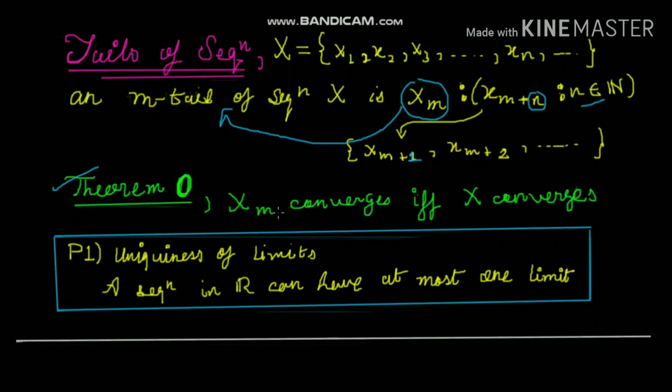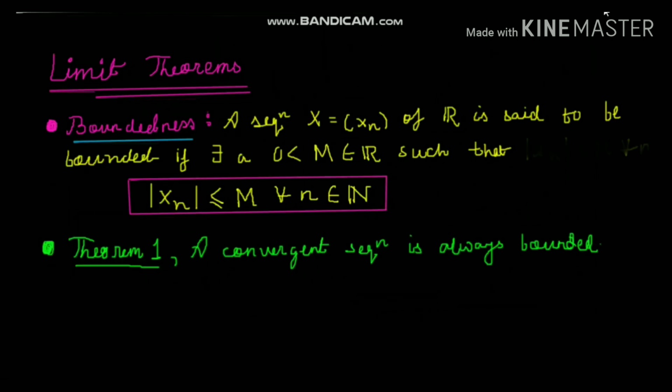Just try it out. Then we have got another theorem which I've boxed out over here, which is uniqueness of limit. What I want is try out this also as a problem. So it states that a sequence in R can have at most one limit. You will be only needing the basic idea of limit of a sequence to prove this thing. So try out these two things and let's move on.